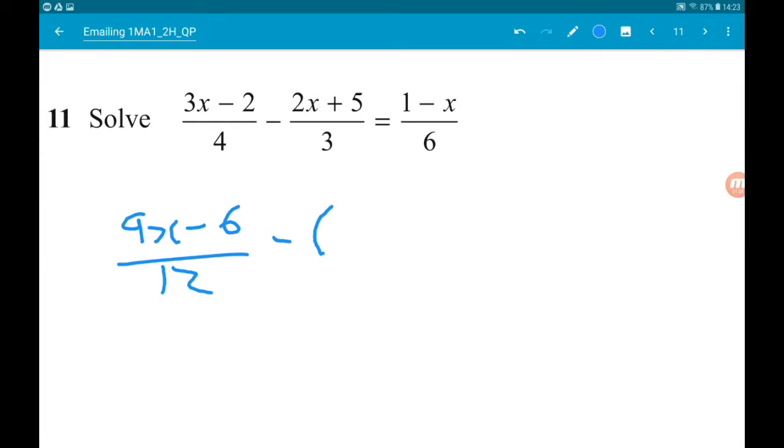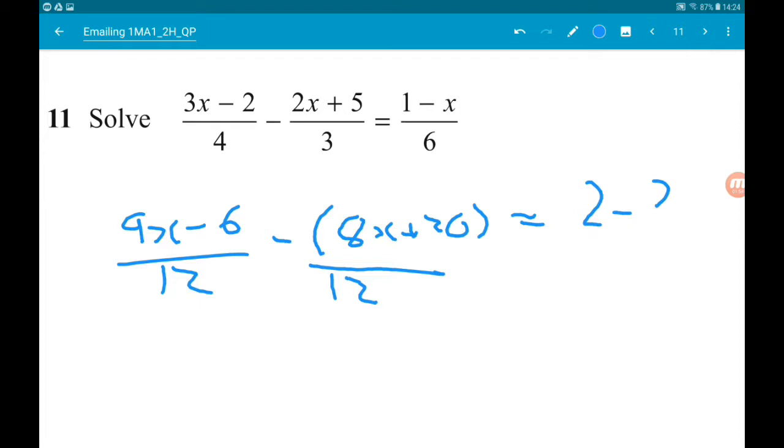Now to turn 3 into 12 we multiply by 4, so on top we get (8x add 20). And then on the right, multiply the top and bottom by 2. So 2 minus 2x